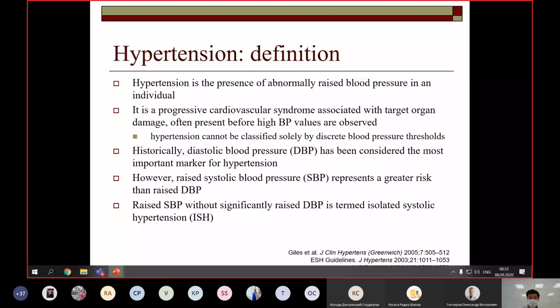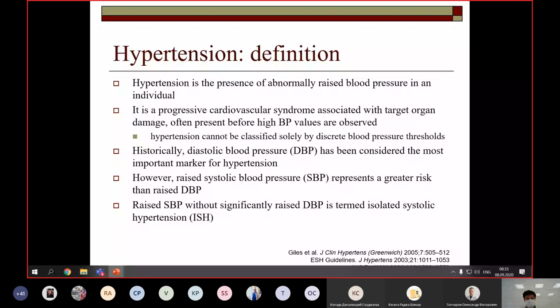So the first slide is devoted to the definition of arterial hypertension. Hypertension is defined as abnormality in blood pressure above normal ranges and a progressive cardiovascular syndrome associated with high cardiovascular risk, related to target organ damage and often present before high BP values are observed. Please take into consideration the term